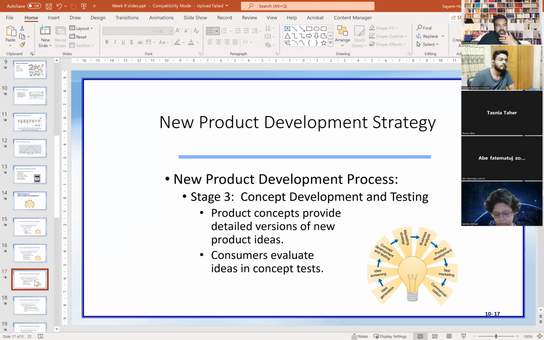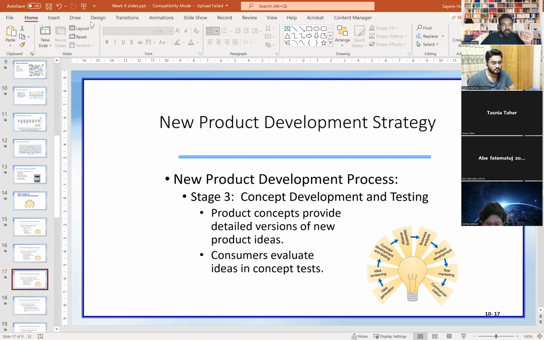Third is concept development and testing. So you have the concept, all right, but is your concept going to work? Maybe you take your idea to the concept. The idea is still inside your head, but you have to turn that into a concept. So it's a detailed specification of your idea. Let's unpack your idea into a detailed version of the new product idea and let the consumers understand that